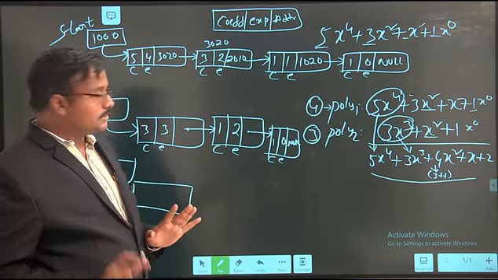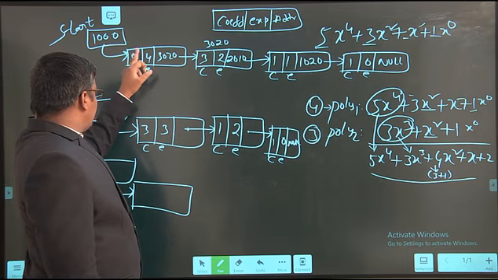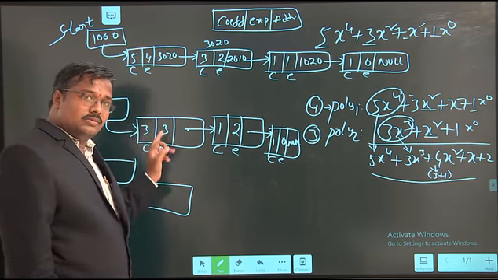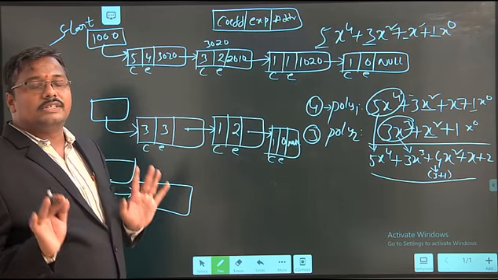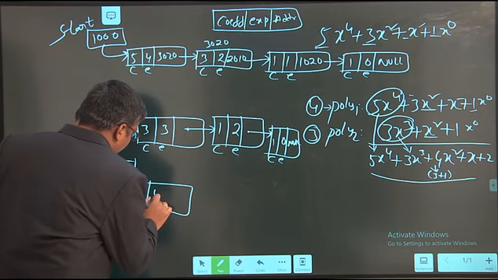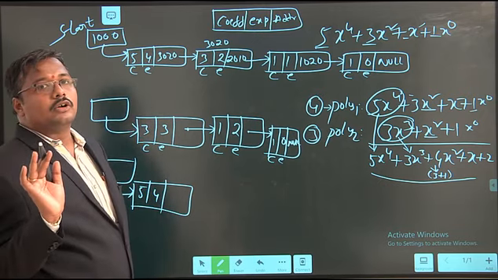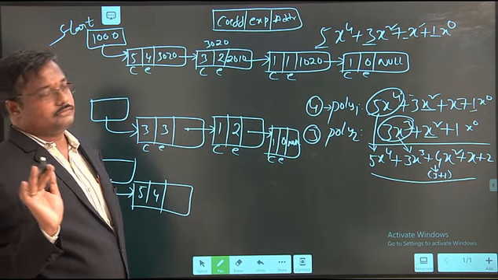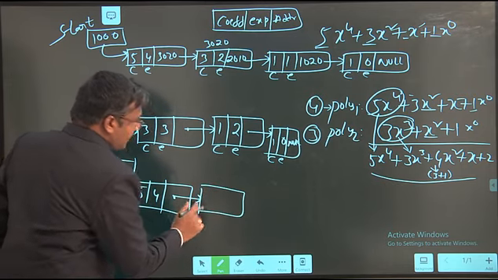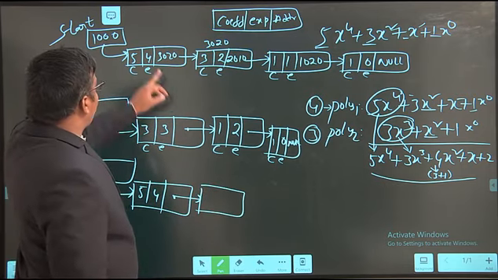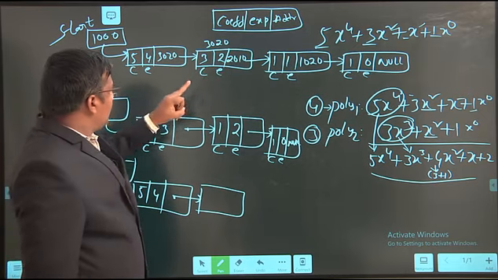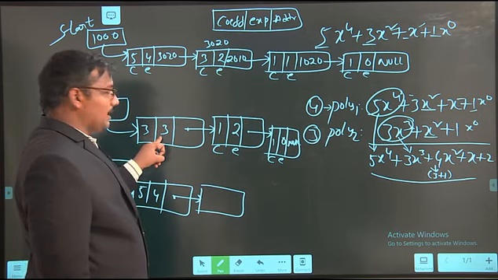So, I am starting the process. The first polynomial exponent is 4. The second polynomial exponent is 3. Are both equal or not? Not equal. Which one is the highest? This one is the highest, so I directly copy the values only. So, 5, 4. In the next case, I copy this term, and this moves to the next term. Next case: 2, 3.